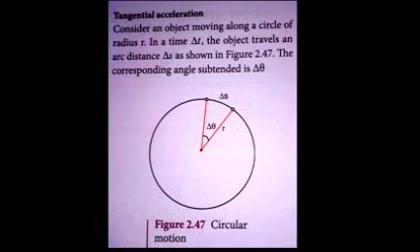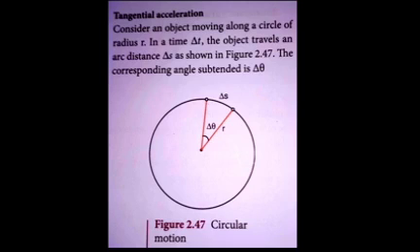Students, now we are going to see a very important three-mark question, that is tangential acceleration. We know a tangent is a line that moves along the outer side of the circle, touching it. Now the object is moving with acceleration, so what about the tangential value? That is what we are going to find in this question.